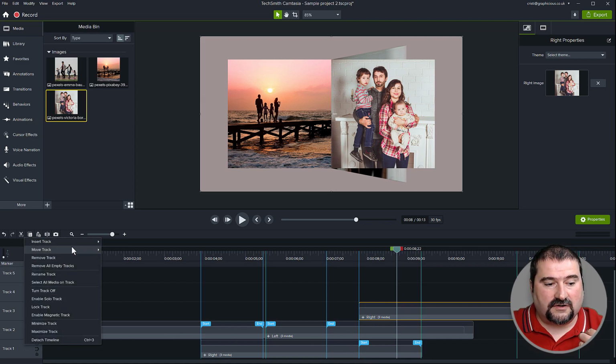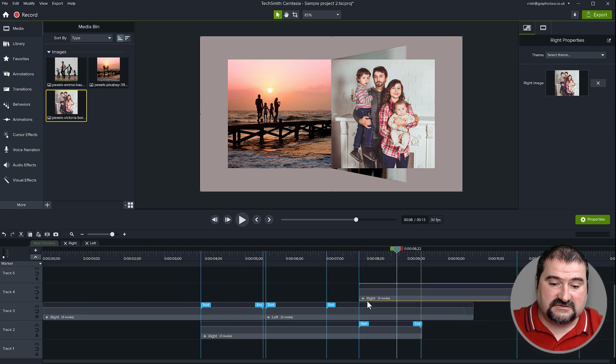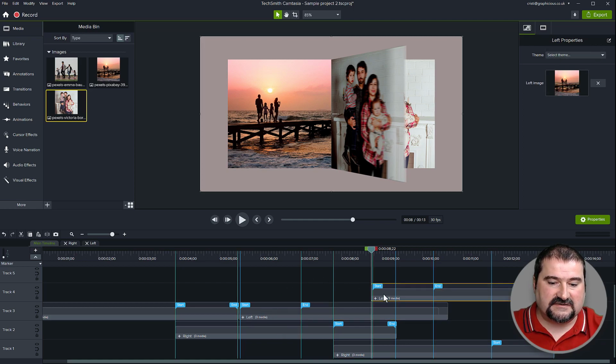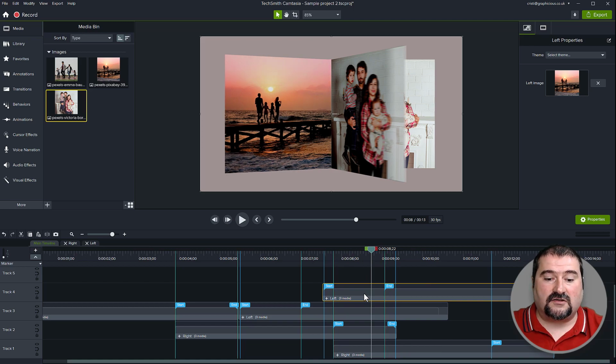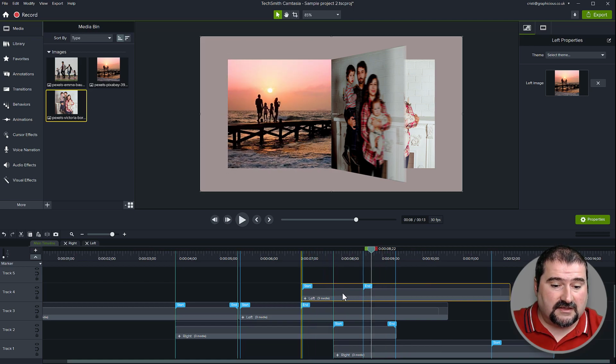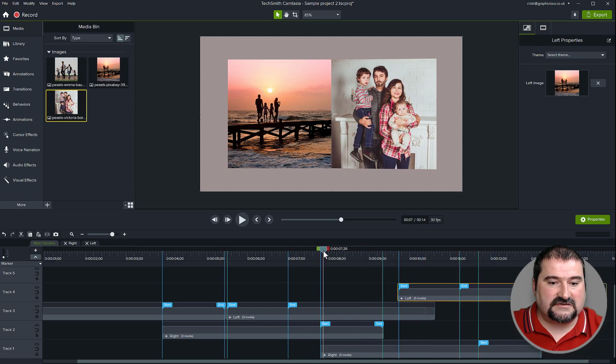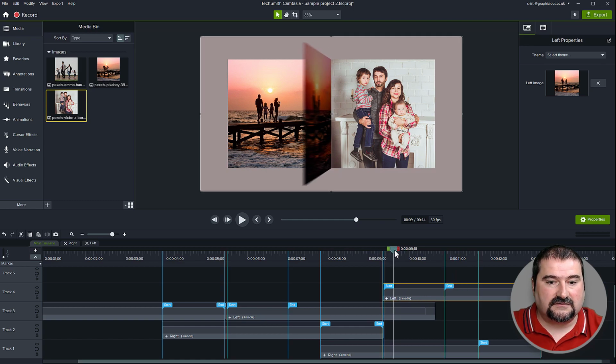So as you add more tracks with more pages, this is one thing to remember: the pages on the right need to go down, down, down, and the pages on the left need to go up, up, up. So this is the left page. If I want to put a second left page, copy the left page, paste it, it has to come on the top. I know it looks like mayhem in here right now, but the starting and ending of the animation on the left page, again, has to be there. So you can make sure that you always have stuff remaining on the left before you start something else.